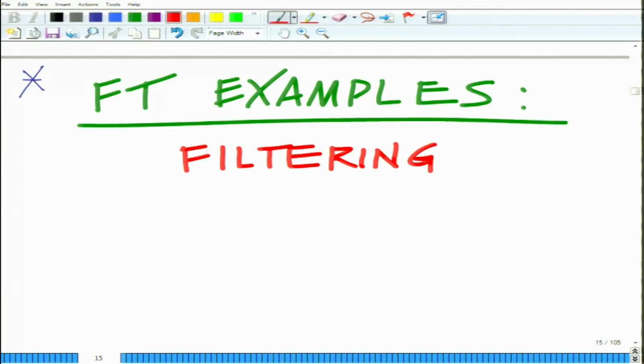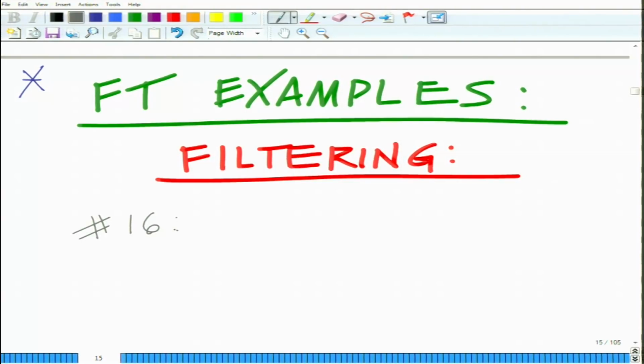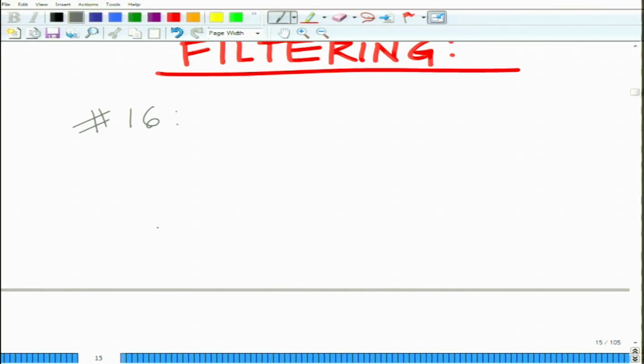You will recall that we have discussed ideal filters: high pass, low pass, band pass and band stop. So, we are going to look at an application of the theory of filtering. Let us term this problem number 16. We have an ideal low pass filter. So, consider an ideal low pass filter,